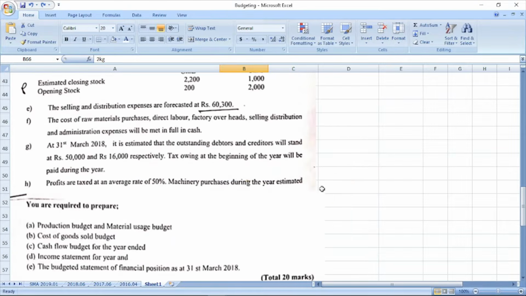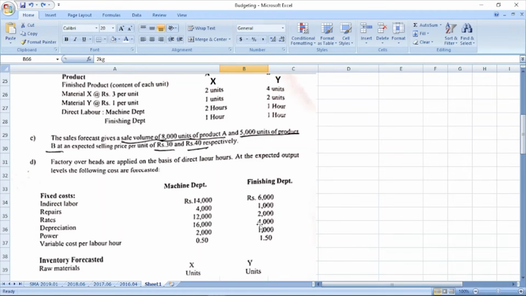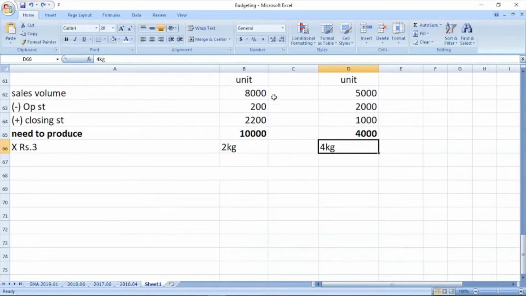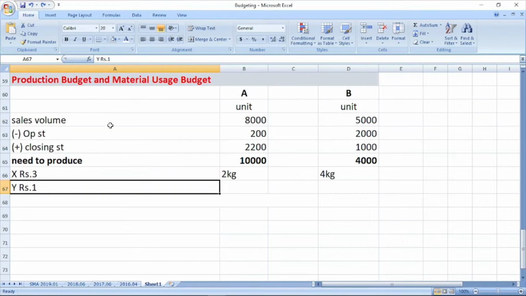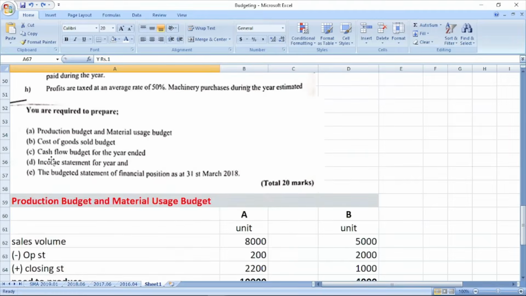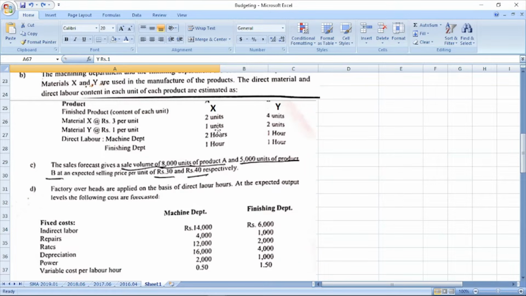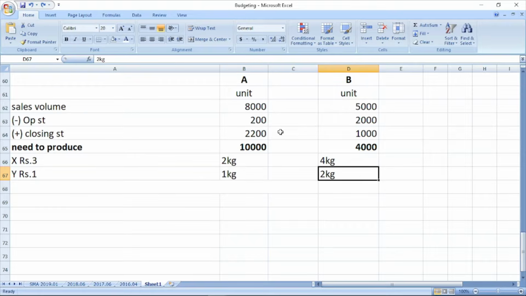And to produce product B, we need 4 units of X material. And how much material do we need in Y? Material Y at rupees 1, and 1 unit of X for A and 2 units for B. Right. Now we will find how many units we need